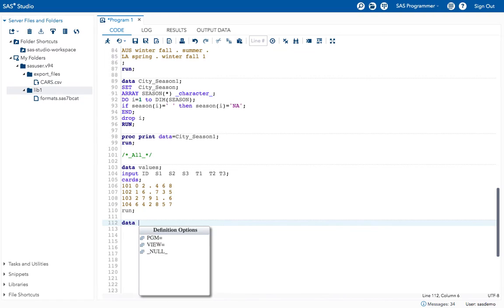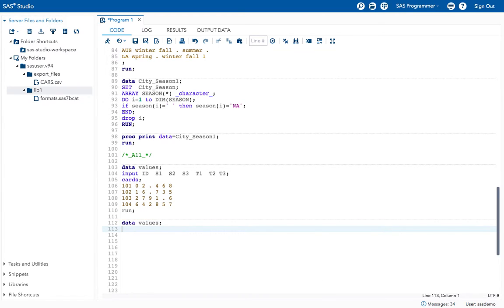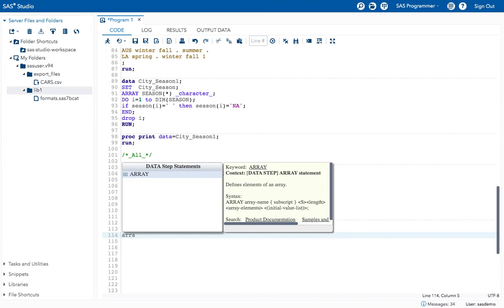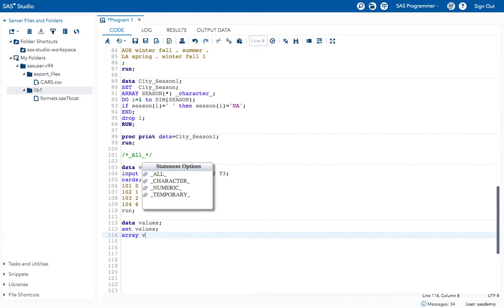Data values, set values, and I have to give array. I have to assign a name for this array, right? Instead of values I will give just value as the array name, and I'm taking here asterisk.